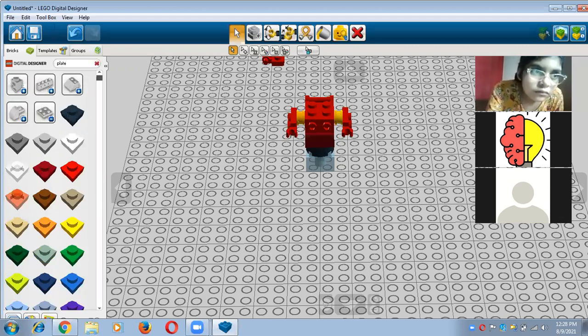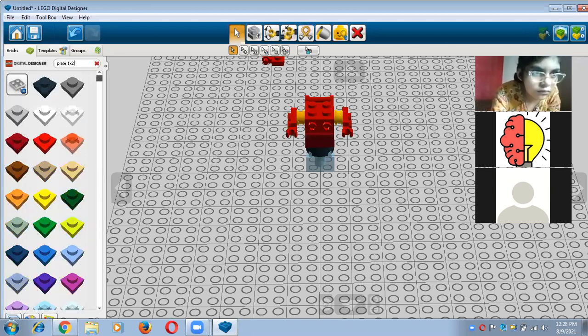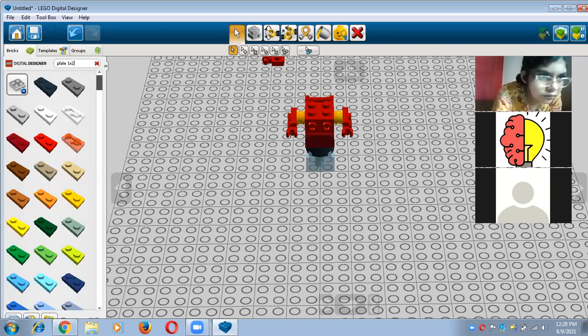So I'm just typing here plate, and then 1/2 knob plate, but I'm typing knob.